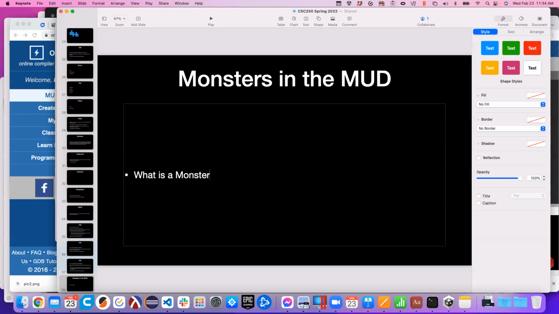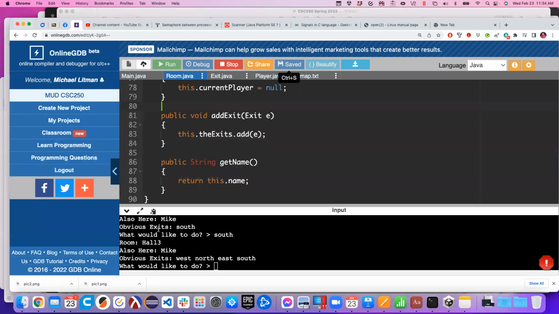Okay, so I walk into this room and it shows me the things that are going on. If I go back into this, it shows me here's my room I'm in, and then it says also here. Right now, the only thing that goes into the also here category is the player that's in the room, right? So I'm always going to see myself there. But when I walk into this room right now, all of you are also going to be here, right? And then we're going to have some chairs and stuff, but maybe we decide that the room is a little bit empty. In fact, rather than confuse the thing, we're just going to decide that our department is